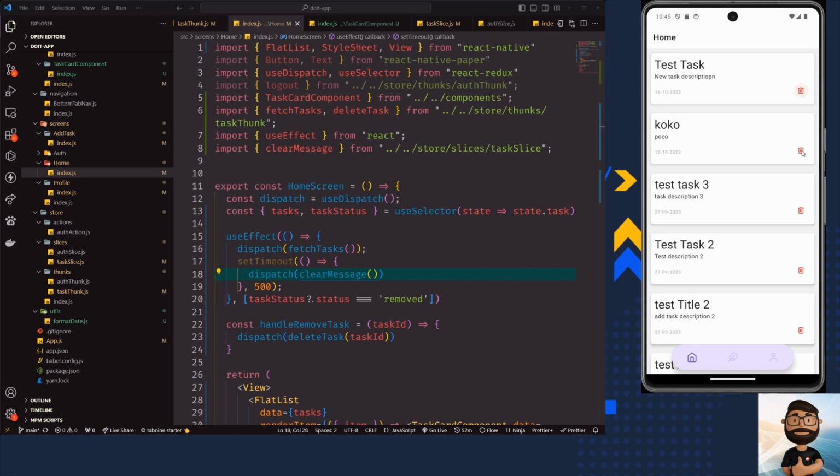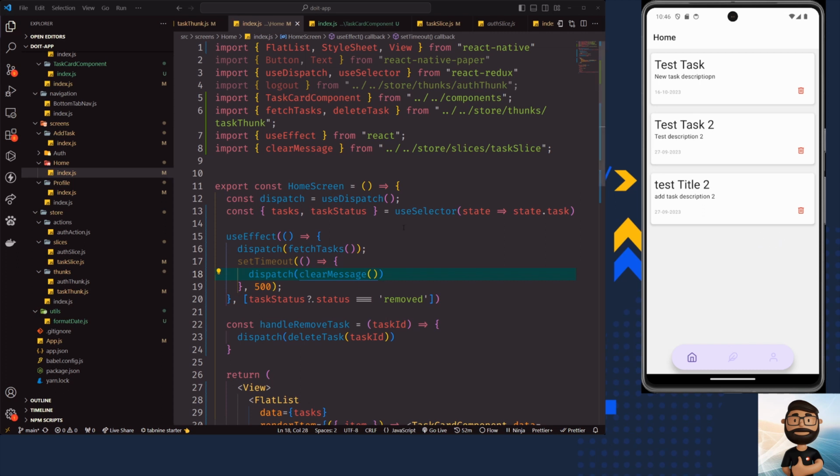And now if I say Coco, remove test task 3, removed successfully. Okay, test title, remove. Wow, that's great. Now we are able to remove our task successfully, and